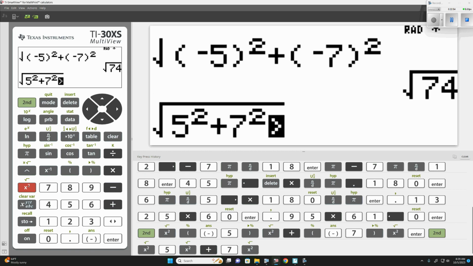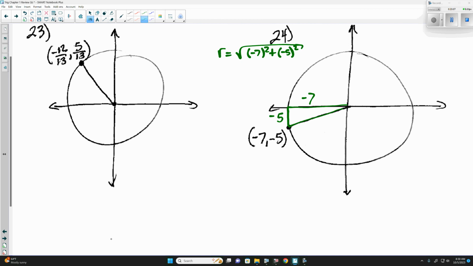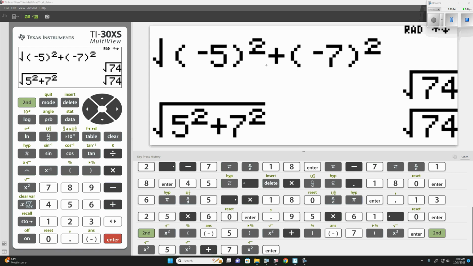I know that negative is going to simplify out because of the properties of squares. 74. We get the same thing. But cubes, or odd degree powers, do not do that. They still stay negative. So be careful with that. If you feel uncomfortable doing that, don't do it, because the parentheses do not take anything away from it. If you're not sure whether you need to remove them or not,